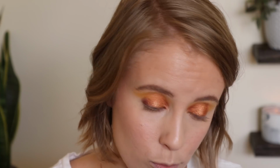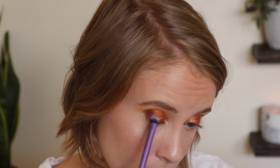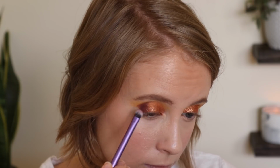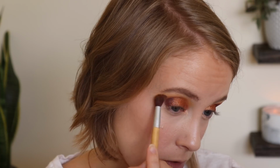The only deep shade that got chosen was that Passion shade, the burgundy. So I am gonna tap some of that onto my outer V area. I do think that goes nicely with these bronzy tones. Then I'm gonna go back to that crease brush that I was using earlier and just start blending